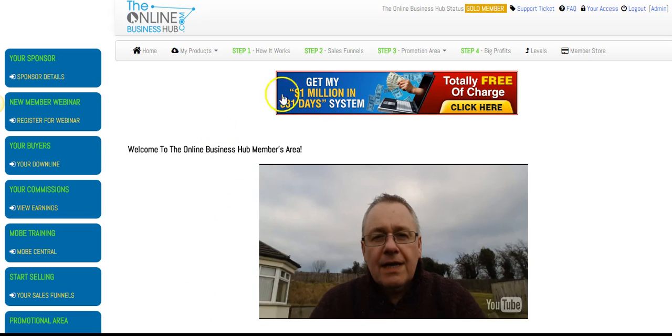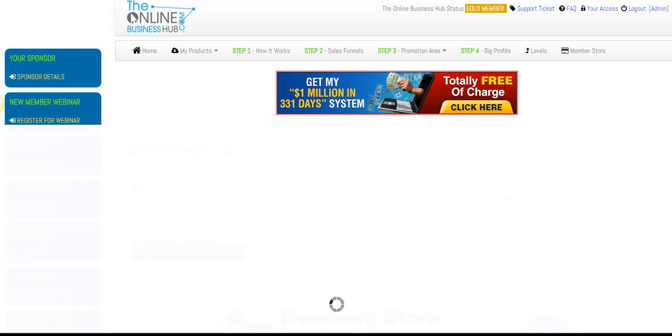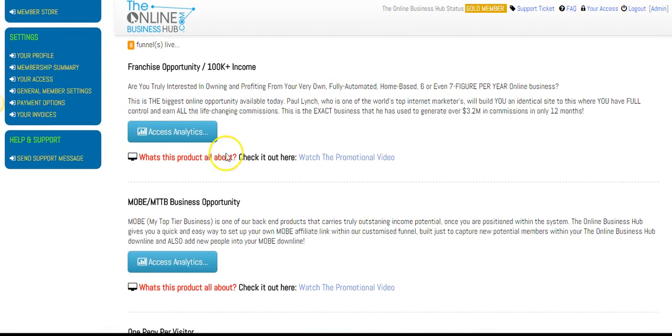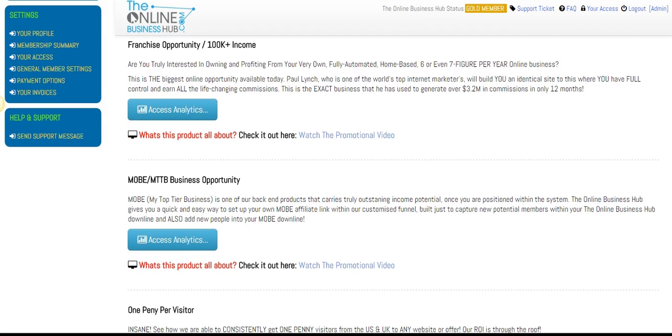example. So as you can see, we're inside the members area, and if you go to promotion area and tracking and analytics, okay, let's just have a look at some of the squeeze pages in here. Obviously we have the franchise and Mob. At the moment we don't have any squeeze pages for those, so it would be a good idea to create a squeeze page for Mob, okay, because we don't have anything in here, because we've found that it's